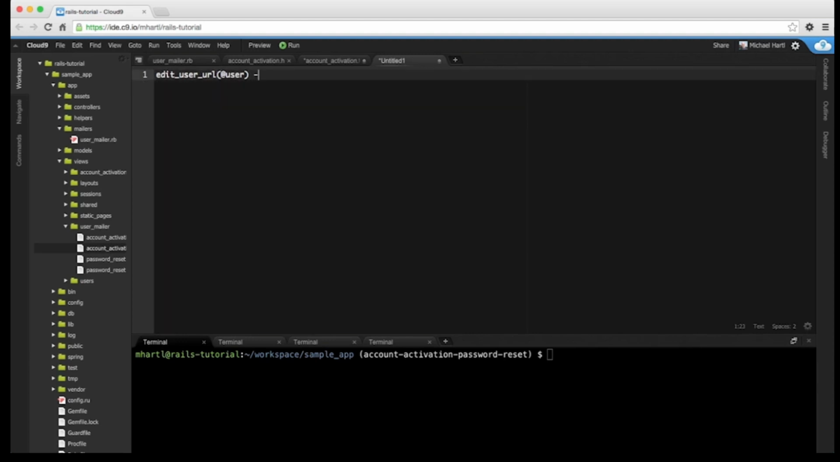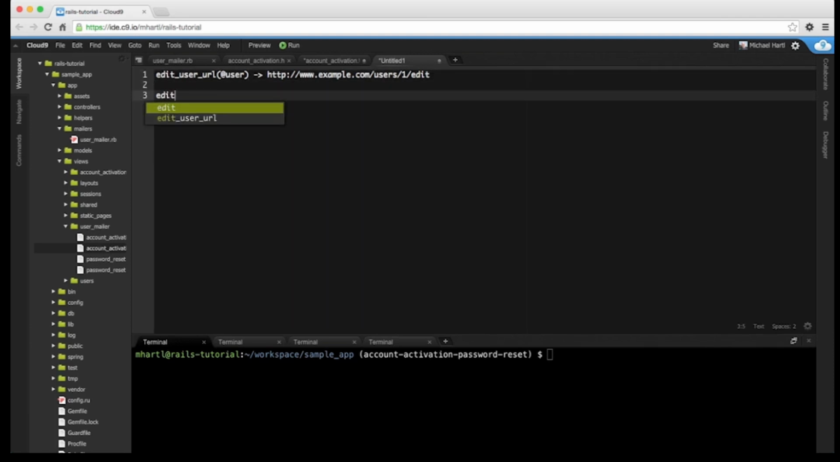Actually, I can just do it like this here. This is example.com/users/1/edit. Right, so this is the ID here that comes from @user. So in this case, we're going to do this. We're going to do edit